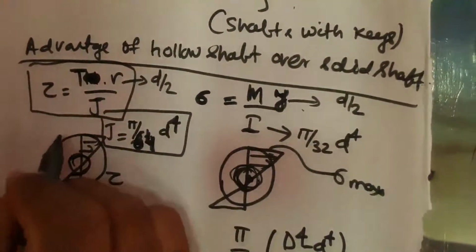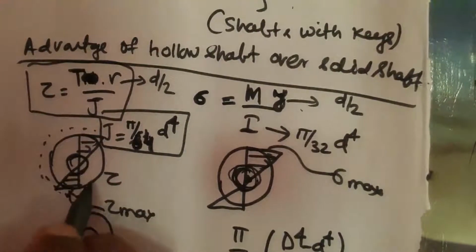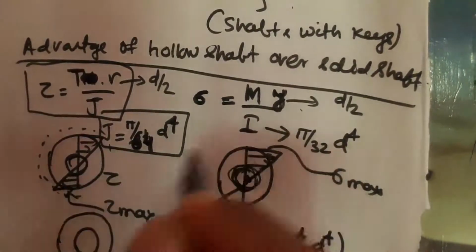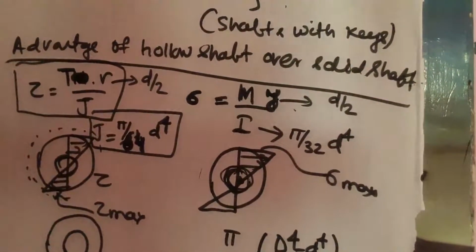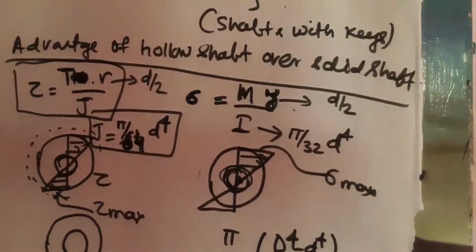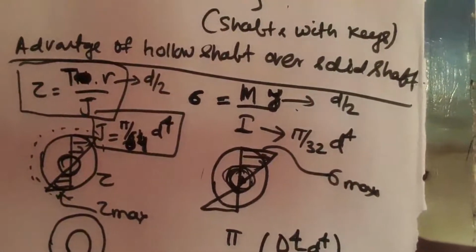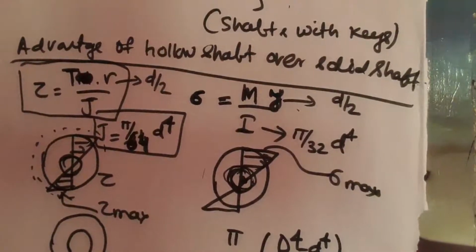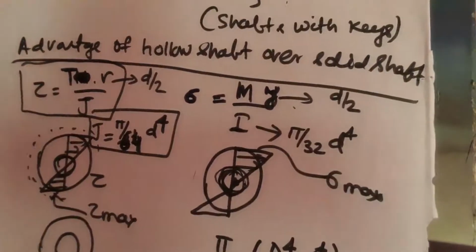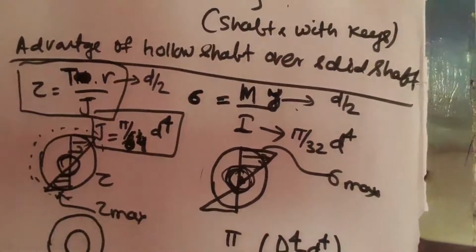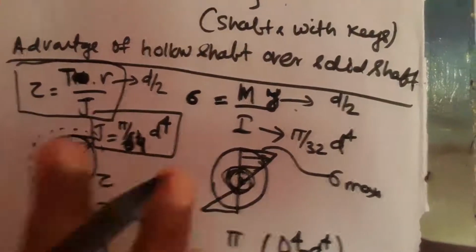If you take it out, you can save material, and if you redistribute that material, it will have a larger diameter. The hollow shaft will definitely have a larger diameter than the solid shaft from the same amount of material. If you take X amount of material, the diameter of the hollow shaft made out of it will definitely be more, because you have taken out the material from the center and redistributed it over the periphery, so the diameter will be larger.